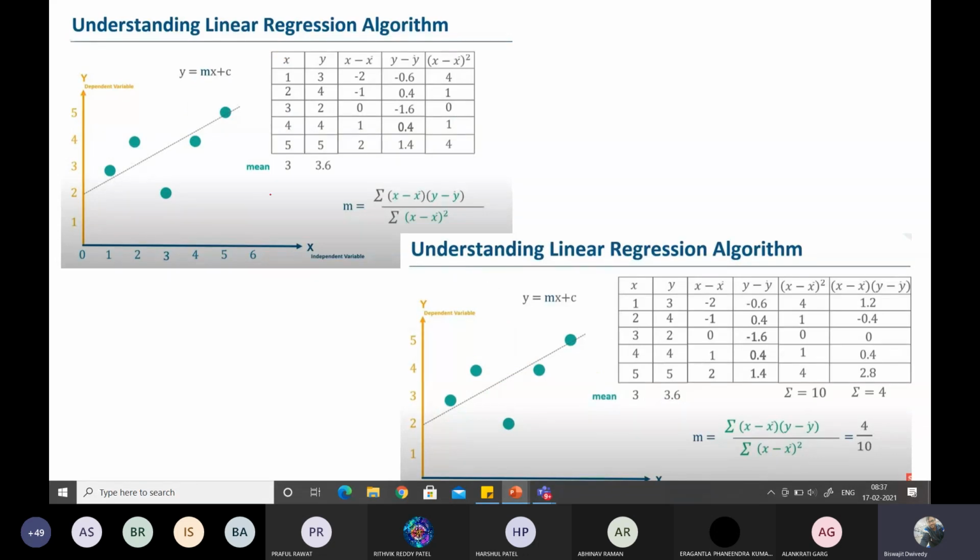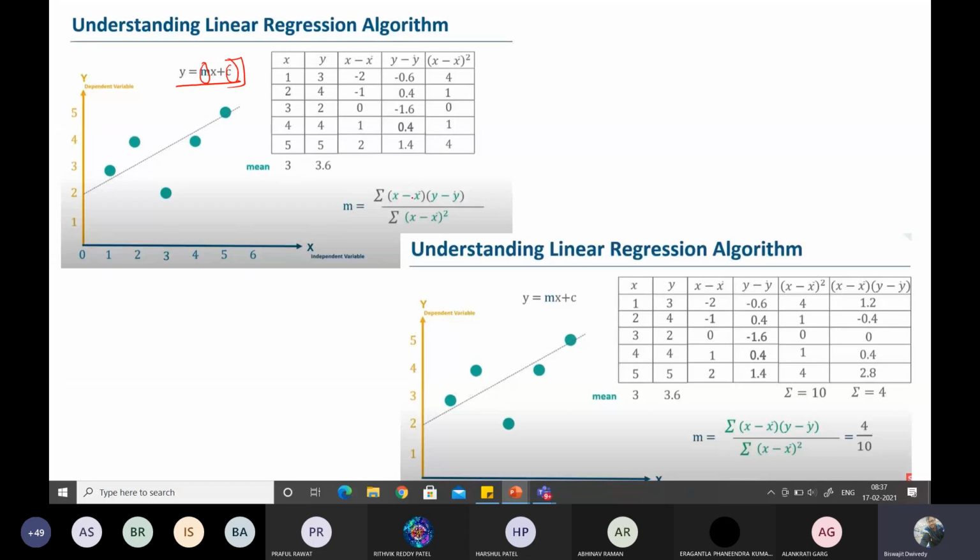So next, as we know that the equation of the straight line is y equals mx plus c, I'll be using some formula to find out your m and your c, because these are the two quantities I need to draw a straight line. So the first quantity is your m, or slope of the line, and here you can see the expression. I'll tell you how these expressions have been derived, there is some mathematical basis behind it. Let us first use this and understand the algorithm. After that we will discuss the mathematical basics.